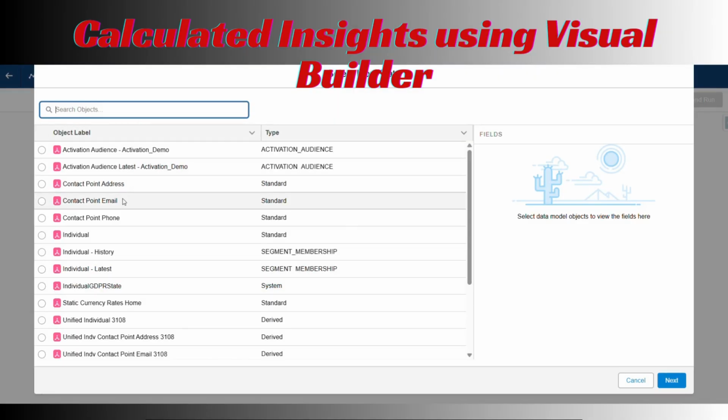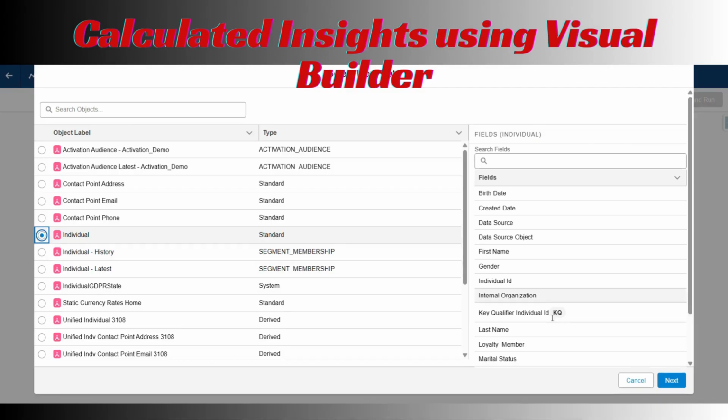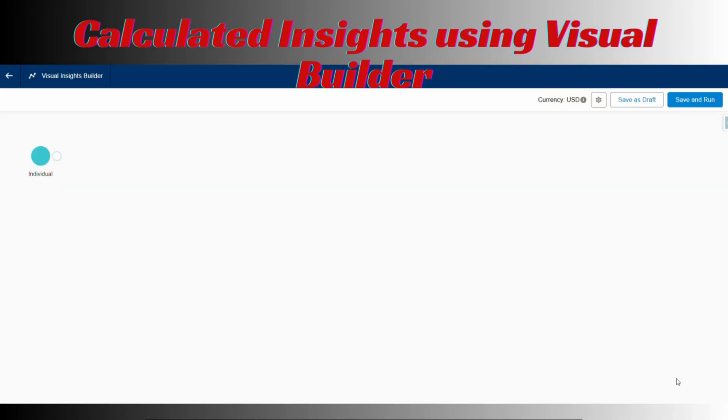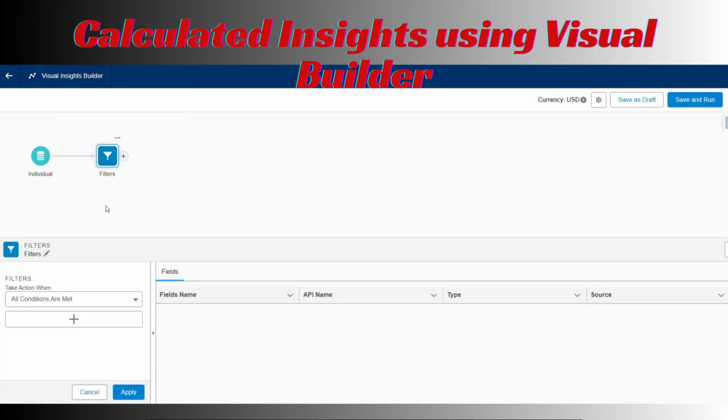It allows adding measures like count, sum, average, and dimensions, grouping fields like gender, region, product. You can also add filters, joins, and transformations. Here you can see on the screen there are joins, aggregate functions, case, filters, transformations, arithmetic expressions, and many other things.